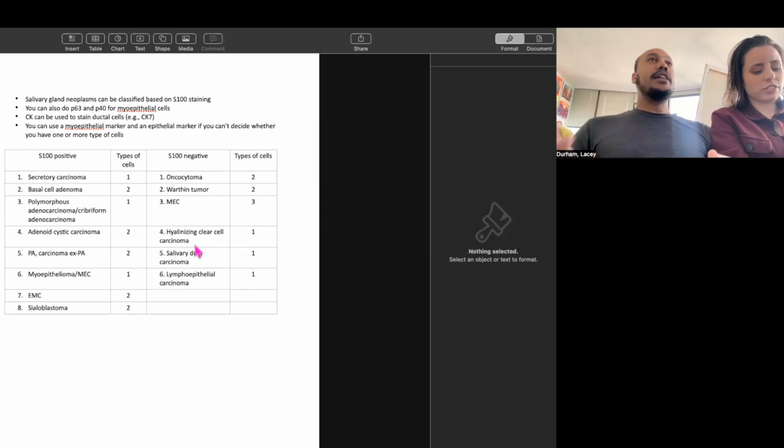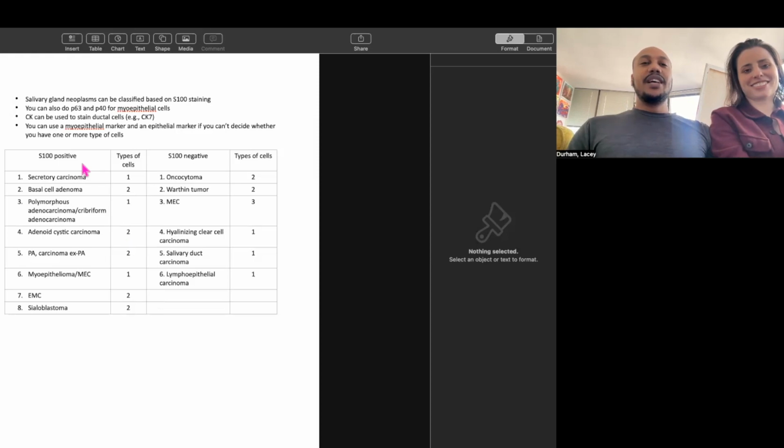So there are multiple ways to classify these salivary gland neoplasms, and we're not going to go into that today. What we're going to focus on is, if you have a small biopsy, how are you going to approach that biopsy? So you can use that approach. For example, if it looks oncocytic, then you're going to consider oncocytoma, you're going to consider Warthin tumor, and some other entities that can look oncocytic. However, if you have a small, tiny biopsy, sometimes it gets very tricky. So the approach that I'm going to